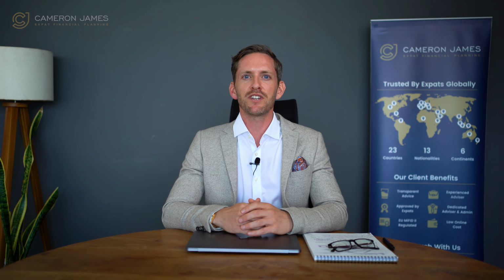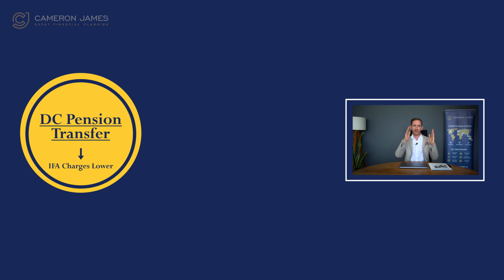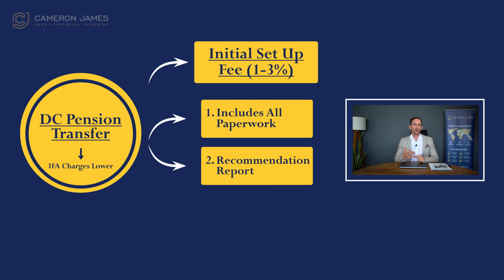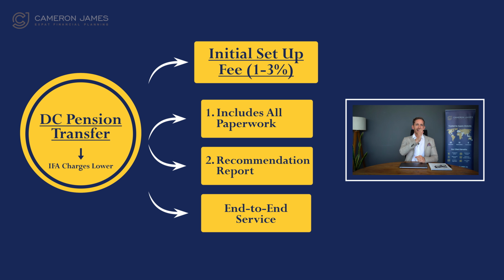Okay, so today we're going to be discussing how much an IFA charges for pension transfer advice. In a nutshell, I would say this comes down firstly to which type of pension transfer you are completing. If you are completing a defined contribution pension transfer, the charges from your advisor will be less. Typically speaking, the advisor will charge you an initial setup, implementation or transfer charge in order to do all the initial paperwork, recommendation report, and transfer paperwork, and it's an A-to-A service from one pension